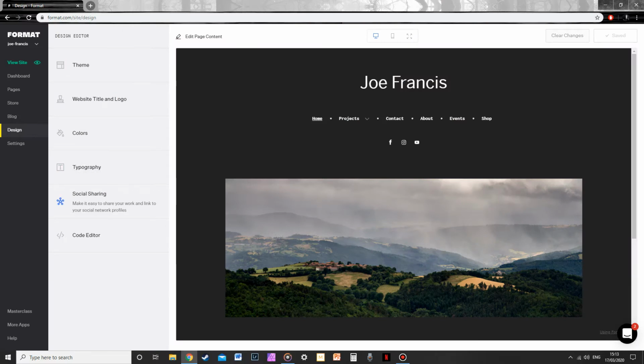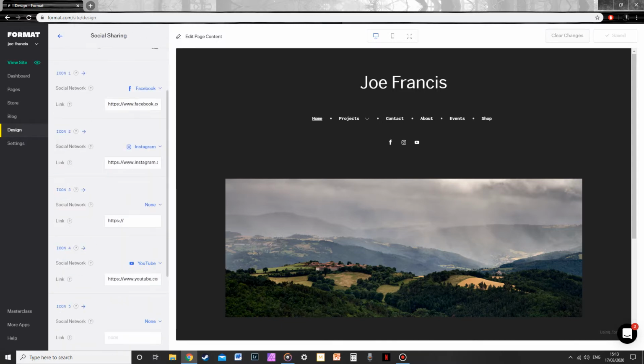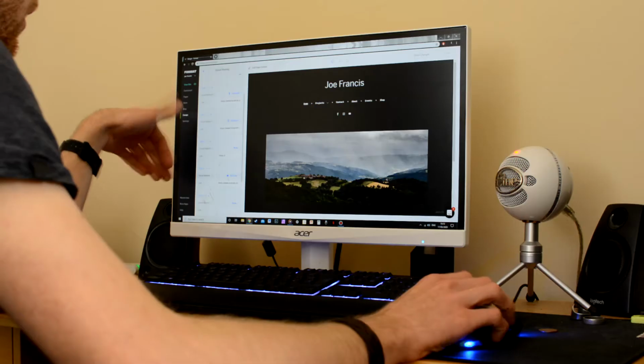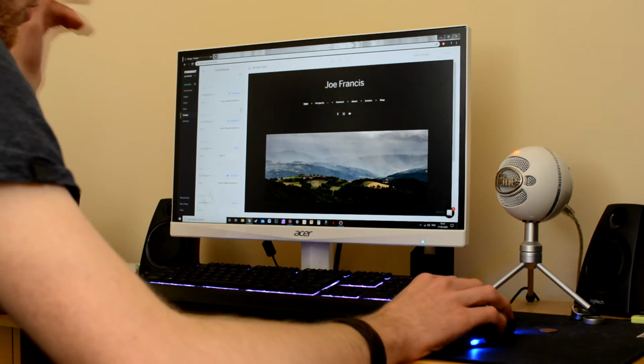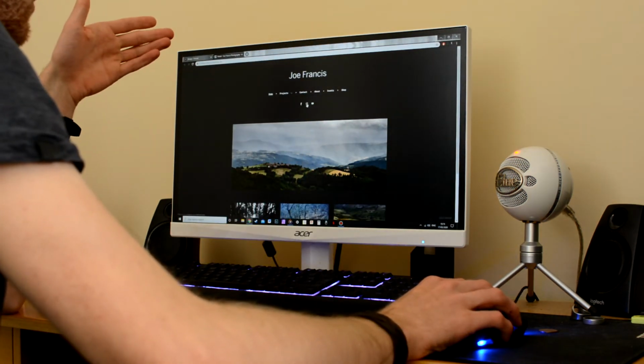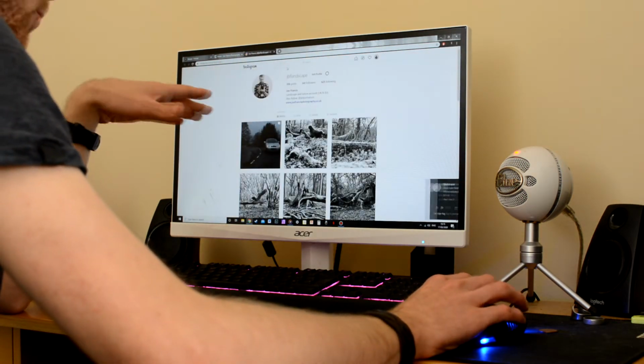Social sharing, so this is where you just simply put your links in, you choose what type of account it is. So there I've got my Facebook, Instagram and YouTube, and it just lays them out automatically, and you can change what order they go in, and they work absolutely fine. So when you click it, it will take you into an extra tab so that you don't lose where you are on the website,